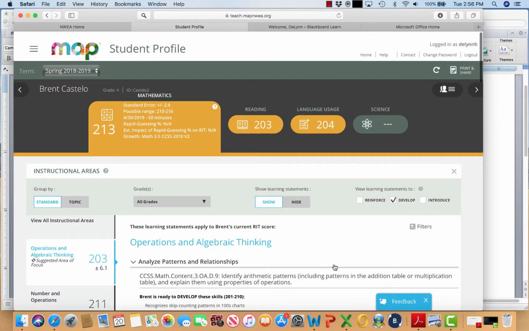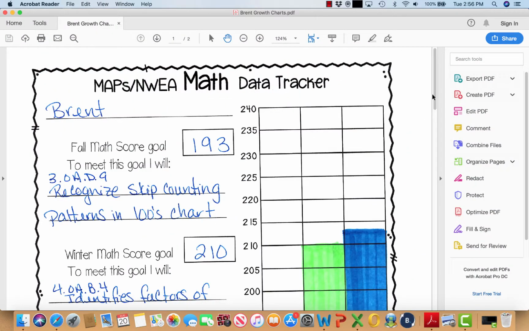So that's Brent. Now, while Brent is sitting with me, I give him a task to do. And so I went ahead and created a visual of this task, knowing that this is not the authentic task that I gave him. It's a recreation of what we work on. So for example,